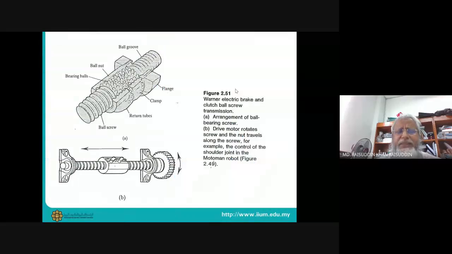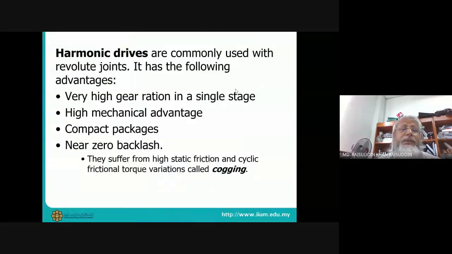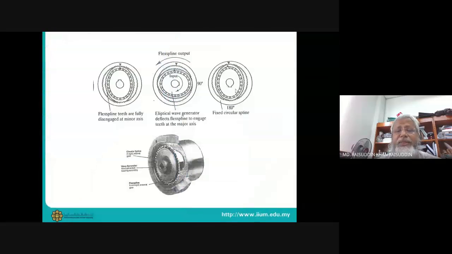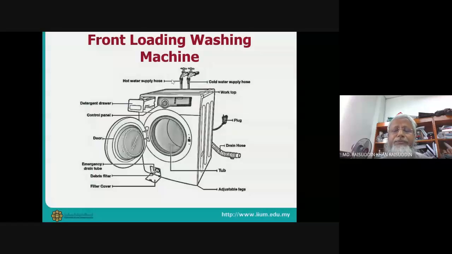Okay, here are just examples of other harmonic drives. Basically, these are used for high gear ratios, specifically for motors in expensive robots, because these gears are very expensive compared to traditional gearing. If they're small, other gears can cost maybe 100, 200 ringgit, while a similar one with a high transmission ratio can cost 5,000, 10,000 ringgit.